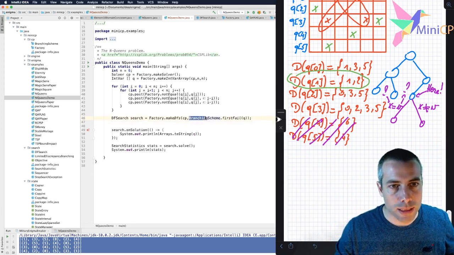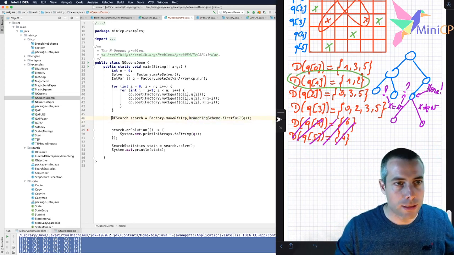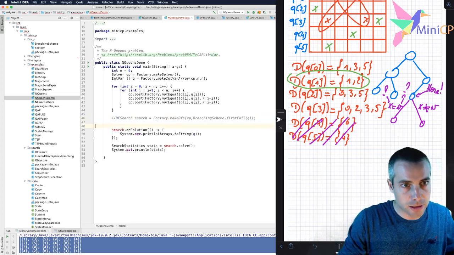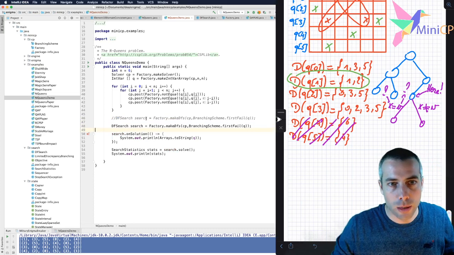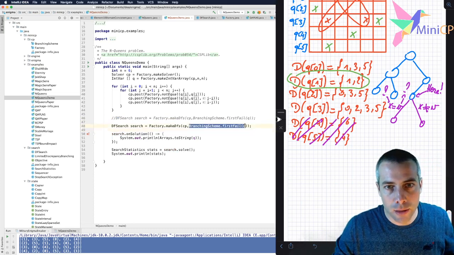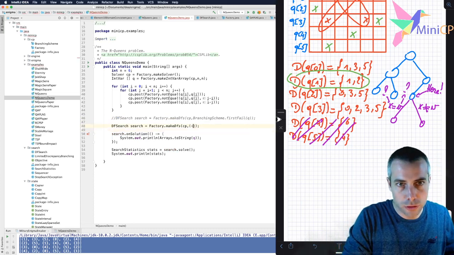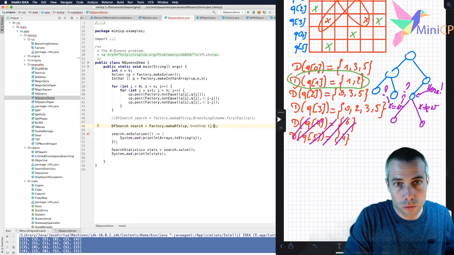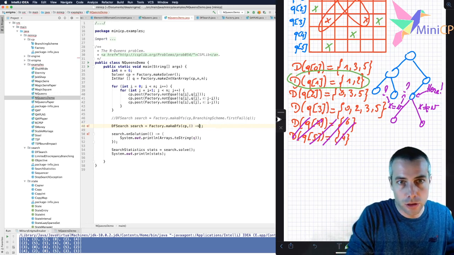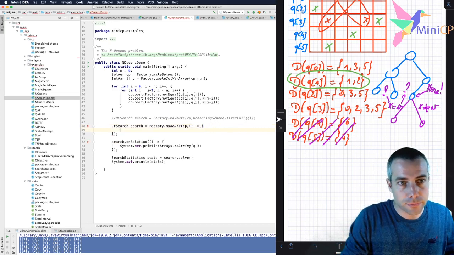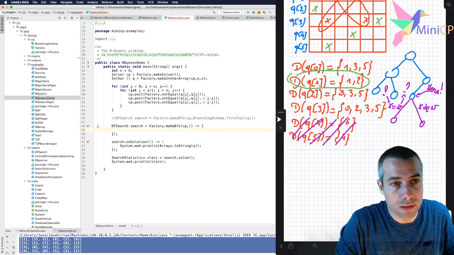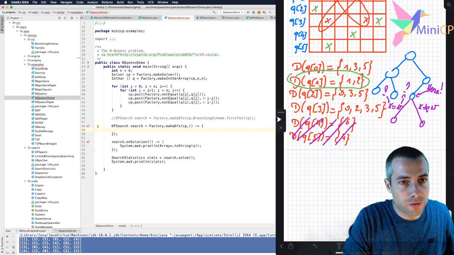So I will replace my branching scheme. So let's comment it instead, to make sure that I have exactly the same behavior after. I will replace this and I will implement a callback procedure, so a closure, to implement the branching scheme. So I do it like this. Okay. And then I need to decide which variable I should take. And I have here